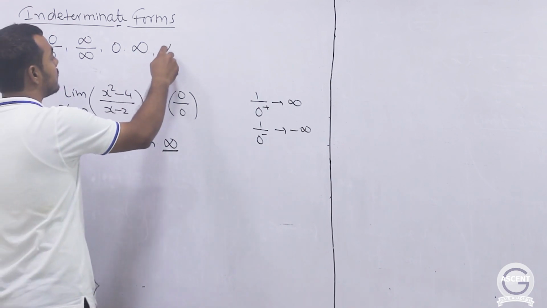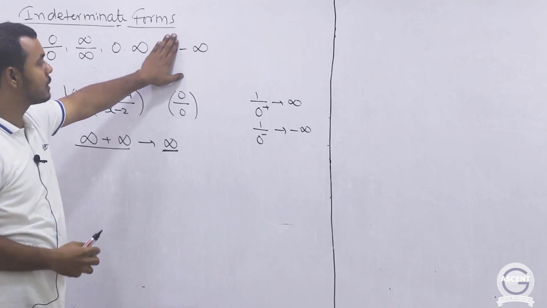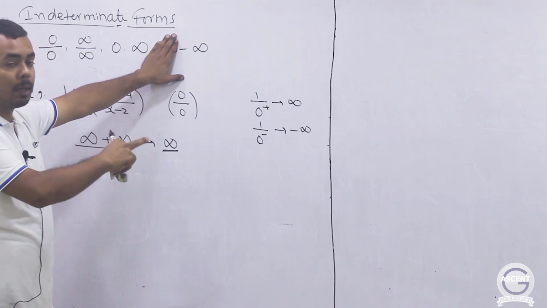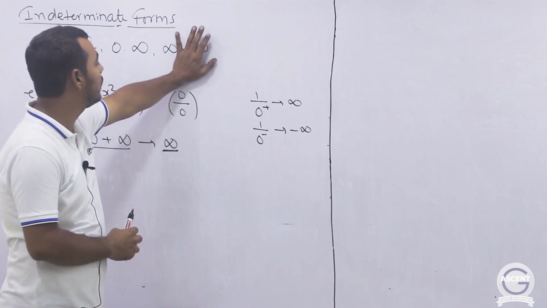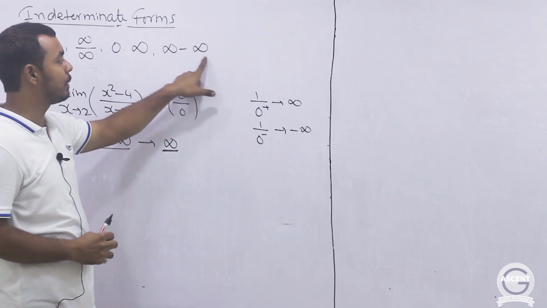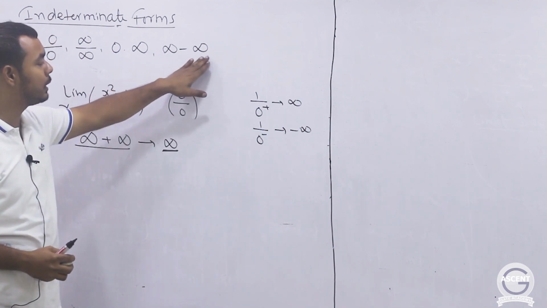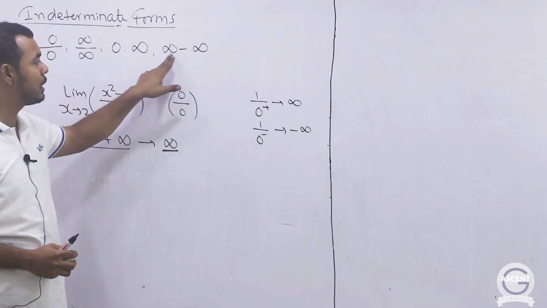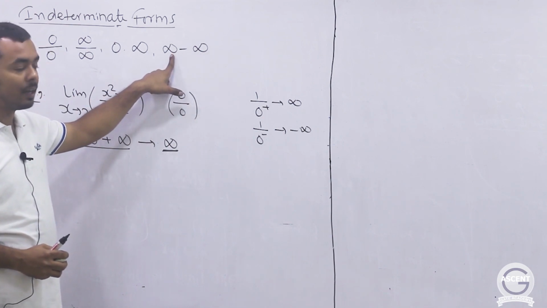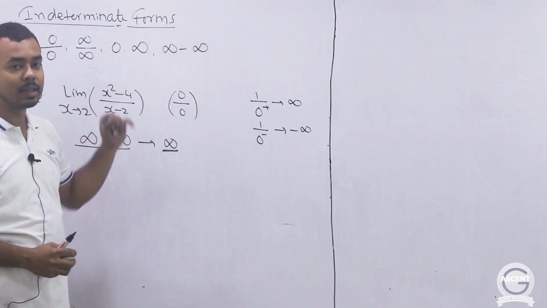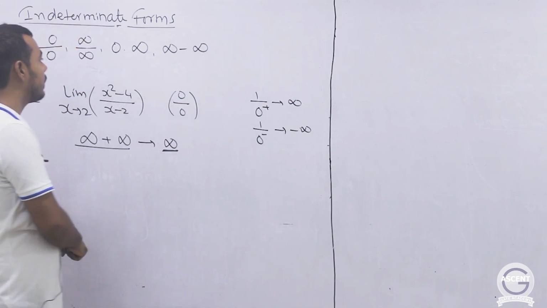But infinity minus infinity becomes indeterminate, because minus infinity plus or minus any finite number will be minus infinity, and plus infinity plus or minus any finite number will be plus infinity. So infinity minus infinity is indeterminate. You should not think of these things as numbers. These are not numbers, these are concepts. A very large number is subtracted from another very large number, so we don't know which one of these two is larger. Therefore we can call this an indeterminate or meaningless form.